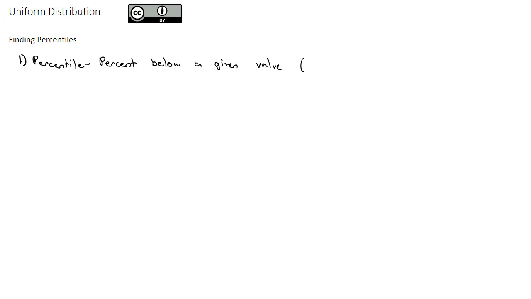In other words, it's going to be the probability or the area in the left side. So if I say 25 is the 15th percentile, that means 15% of the area is to the left of the number 25. So let's go back to our example where the time to fix a furnace